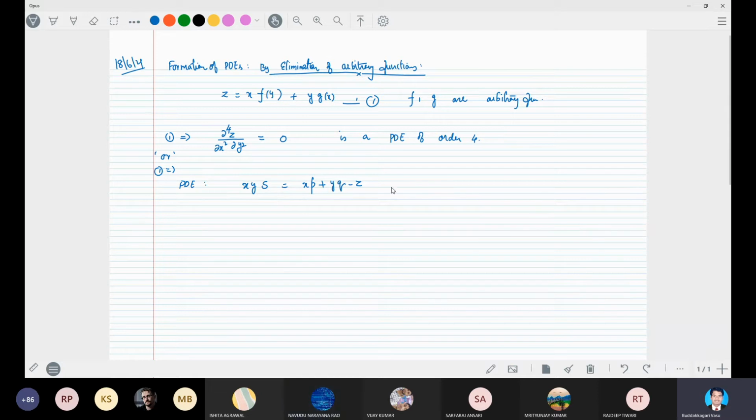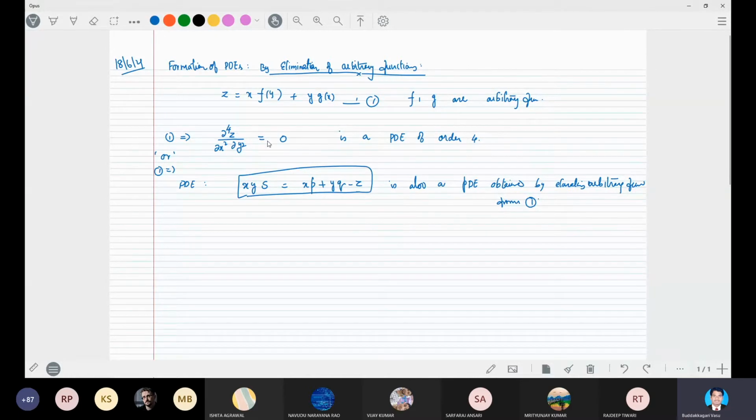So therefore, this is also a PDE obtained by eliminating arbitrary functions from equation 1, right? So now tell me which will be the resultant required PDE